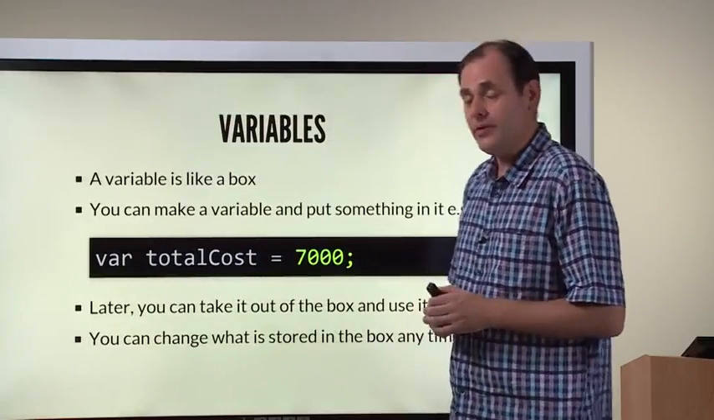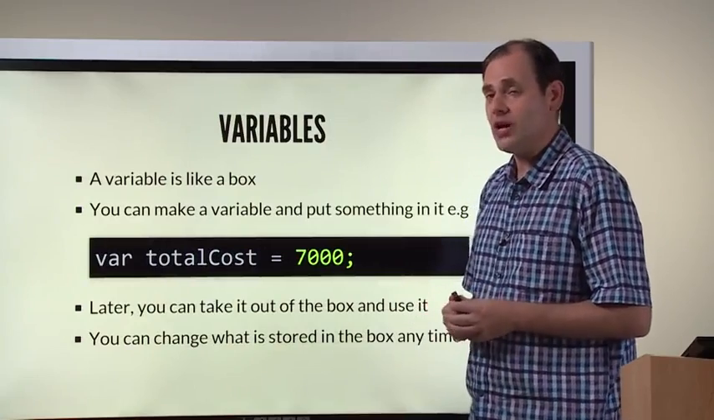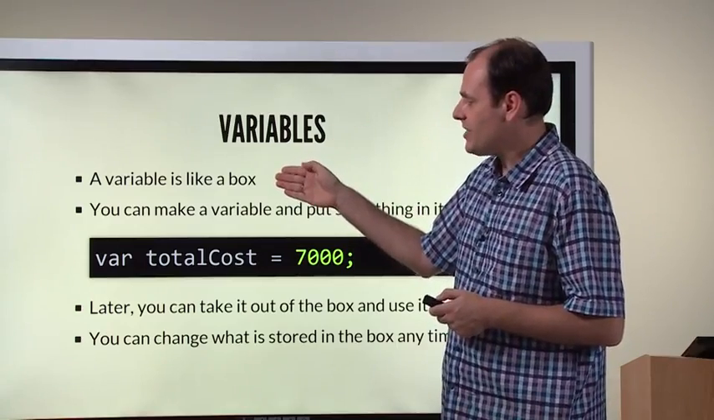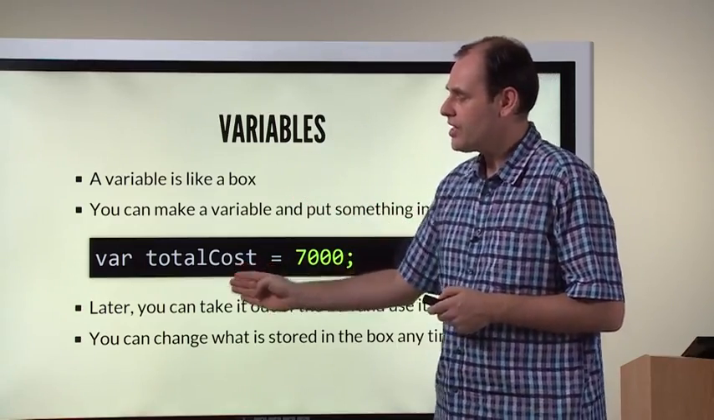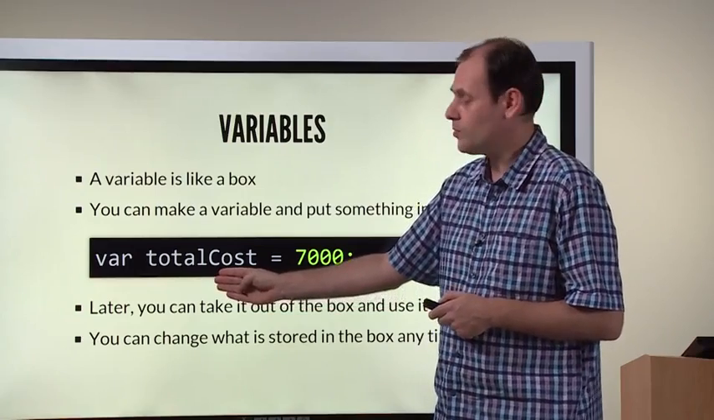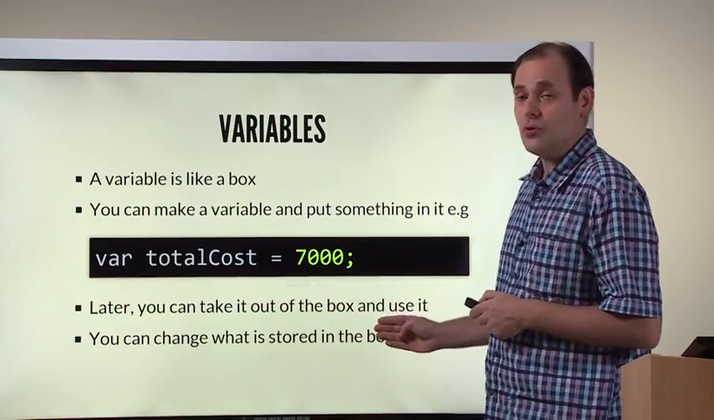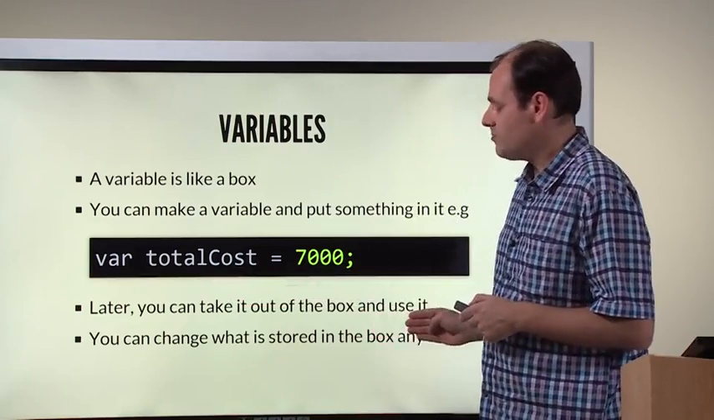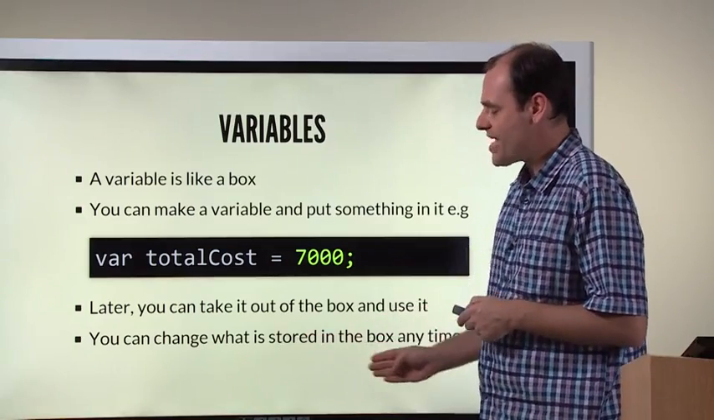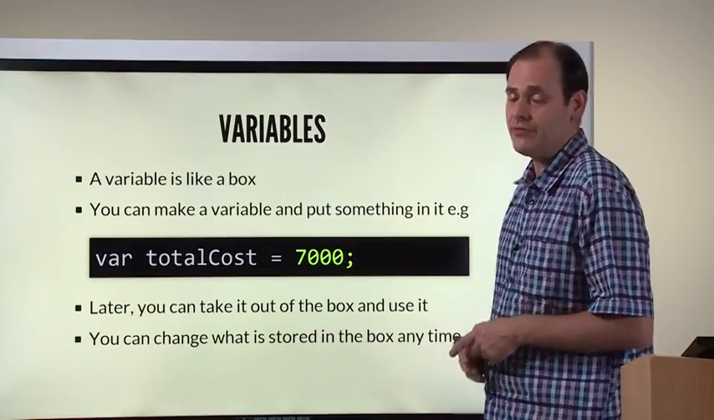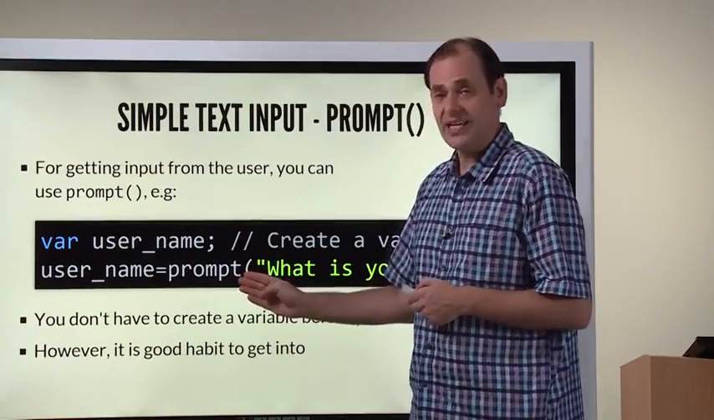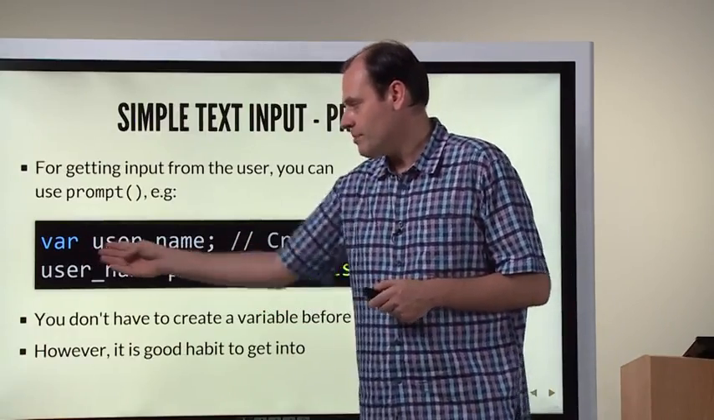Okay, let's talk about variables very briefly. Now, if you've done any kind of programming before, you'll know about this. Basically, a variable is like a box, and you can put something in the box. So here I made a variable, and I put the number 7,000 in that variable. Later, I can take the number out of the box, 7,000, and I can use it. I can display it, do some maths, whatever I like. I could also change what is stored in that variable whenever I like. Now we're talking about variables, so we can use it for our next example. So here we make a variable,